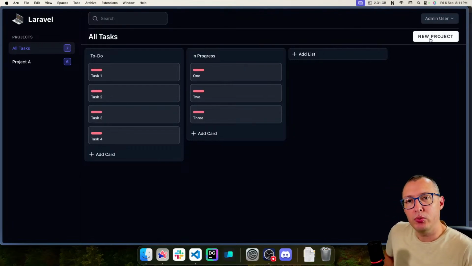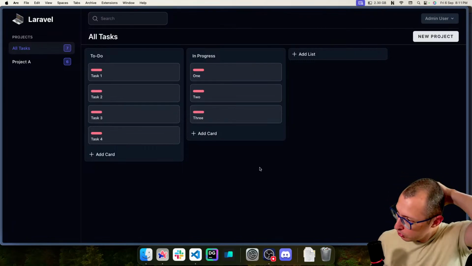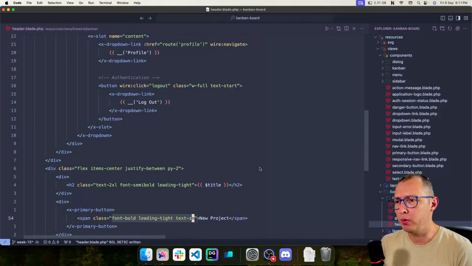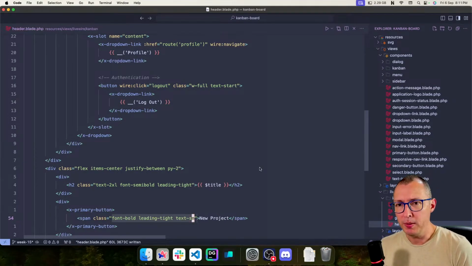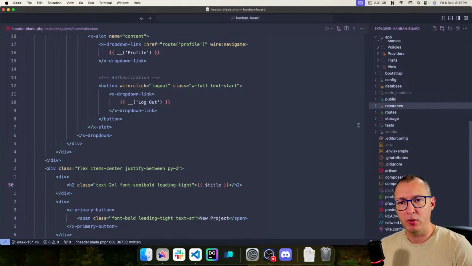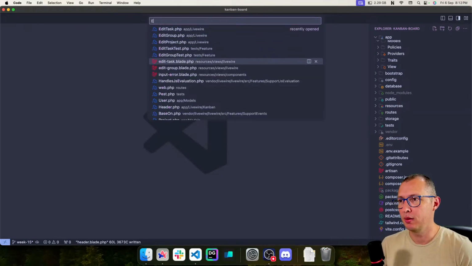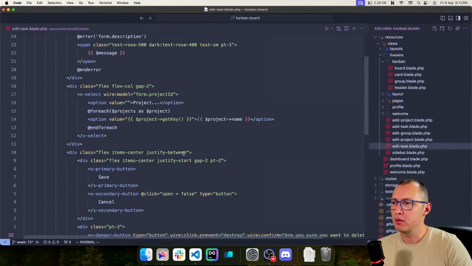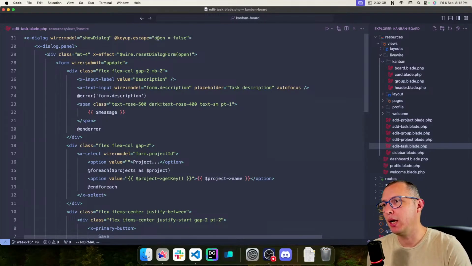So now we need to click on this, and that is going to open another dialog, which we will use to create a new project. So I should probably get to work on the dialog first. Let's copy the same dialog template that we have on edit task. So let me close this real quick. So let's go to edit task. It's going to be pretty much like this. It's going to be a dialog, wire model, show dialog. We're going to have a show dialog on our